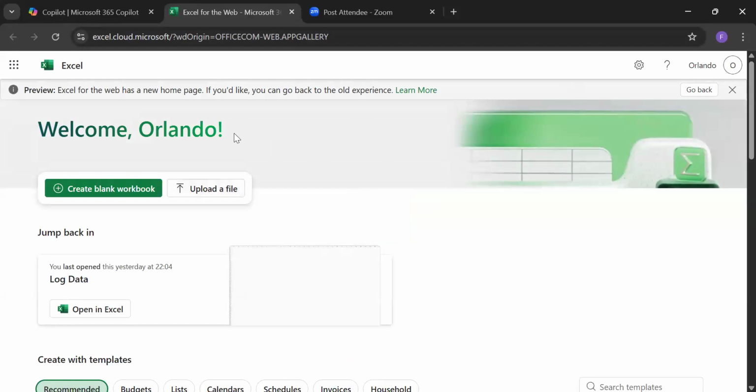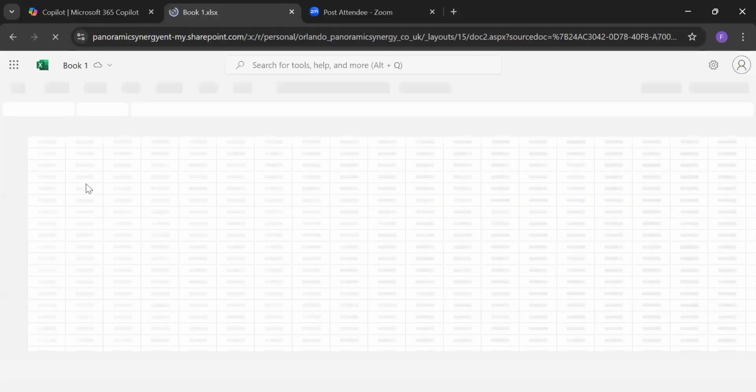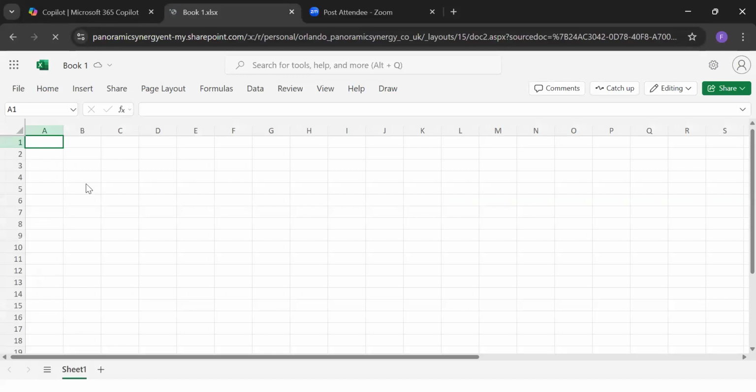So I open an Excel tab, and then I can just create a blank workbook. And then in a blank workbook, maybe I was doing everything manually.